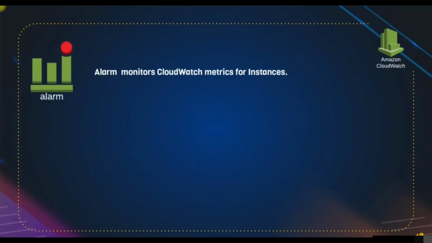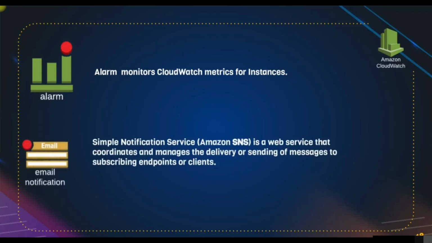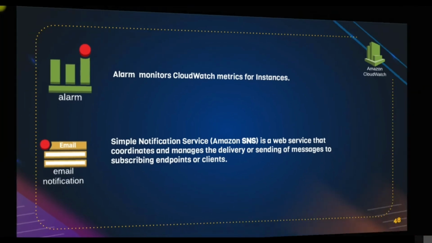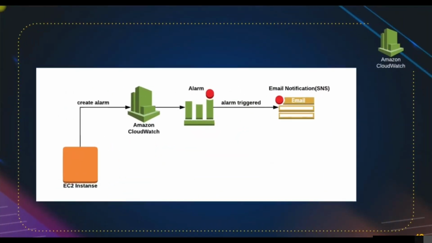So what do we do with the metrics? Well, we set alarms on them. If you really want to monitor the activity, you can't be looking at the graphs of CloudWatch 24/7. But if something goes wrong, if the graph is spiking high, you should get some notifications. So alarms will help set you notifications. An alarm can be integrated with the SNS service to send email notification. So we can say if the CPU utilization is crossing above 60, I should receive an email notification. That we'll see how to do.